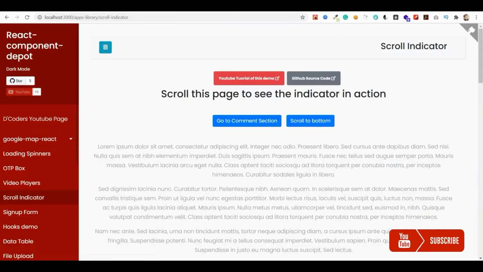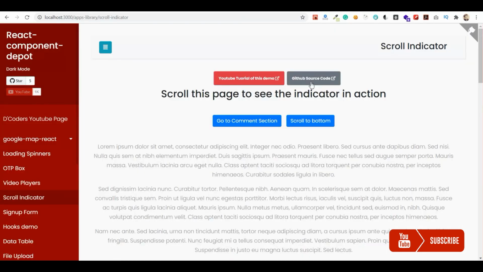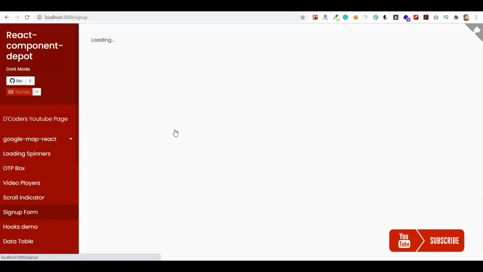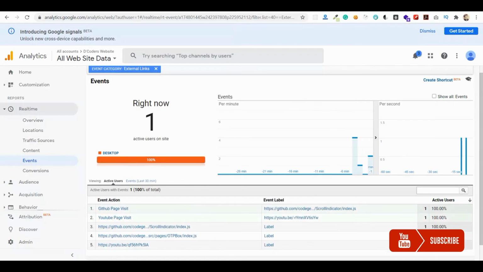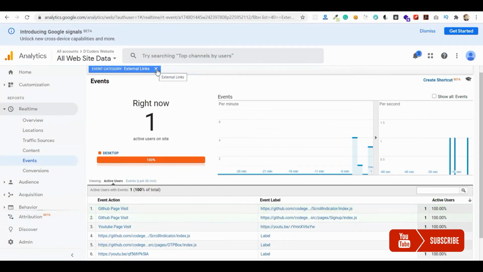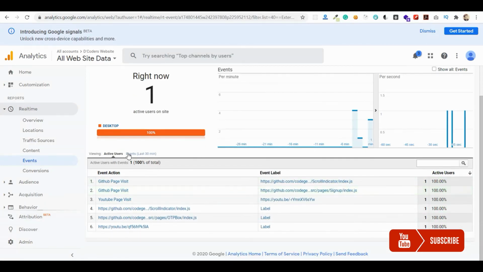So let me click on a few more links now, to check if our current change has been done. Now let's go back to our analytics dashboard. Let me clear the category filter, as you can see here.